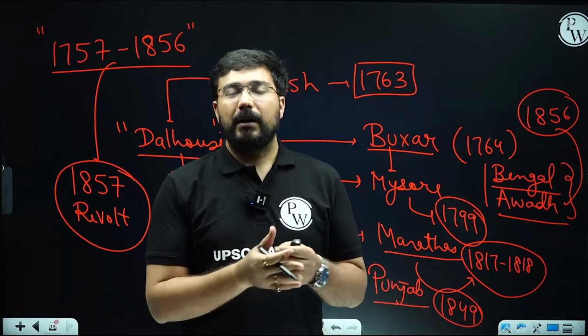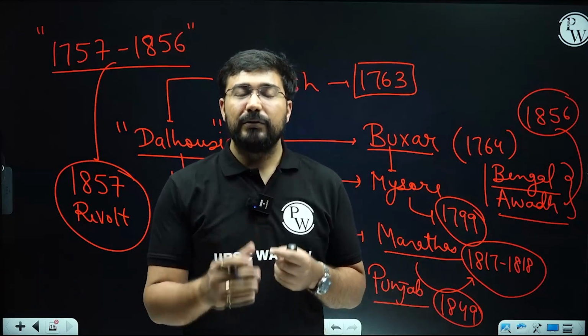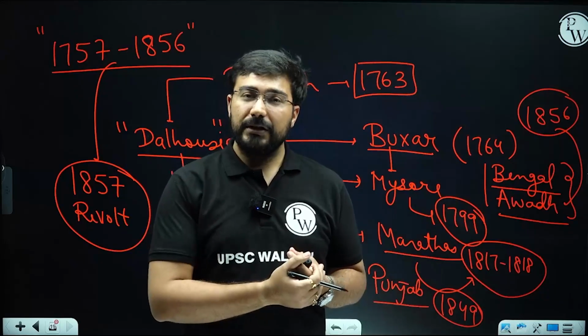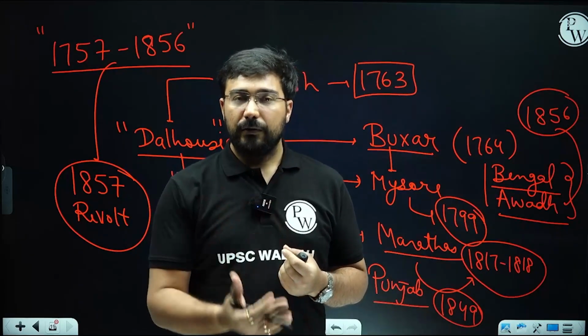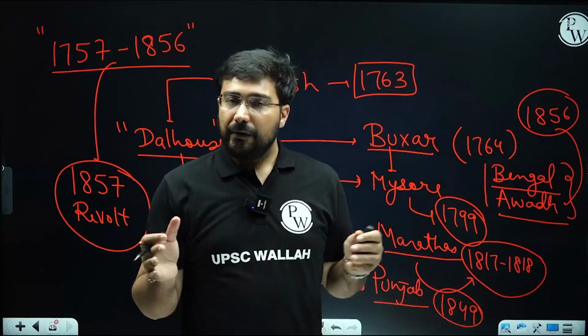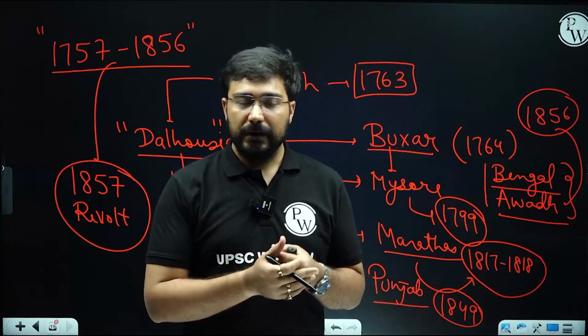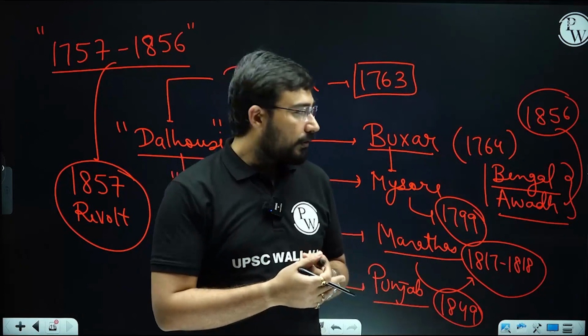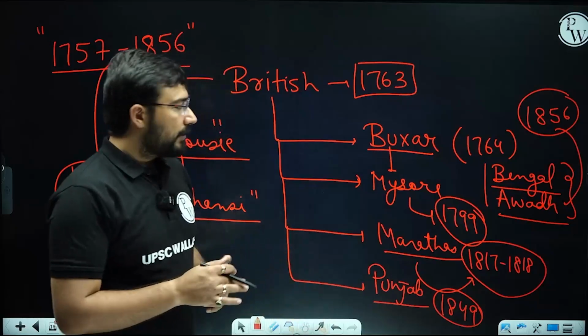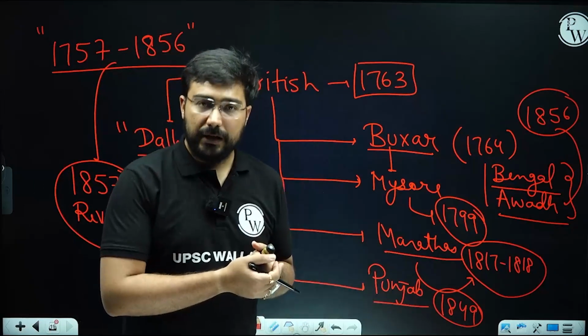So this is the demo lecture in which I have given you a brief idea about the arrival of the Europeans. We discussed the Portuguese, the Dutch, the Danish, the English and the French in the end, and the rivalry among them, the three Carnatic wars, and after the victory in the three Carnatic wars, how the British took it to the top notch, and over a period of time they were able to capture multiple areas.